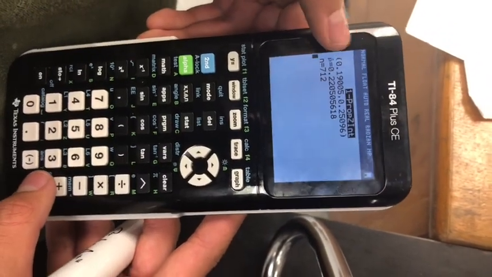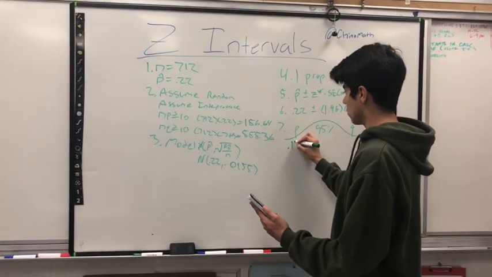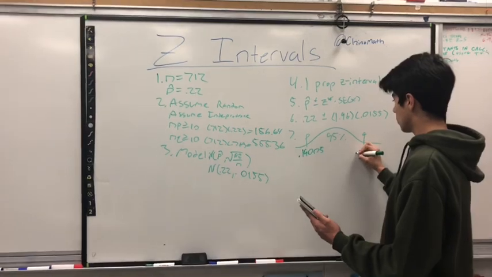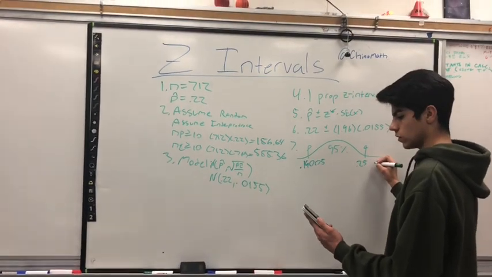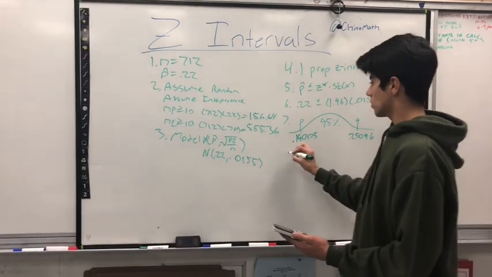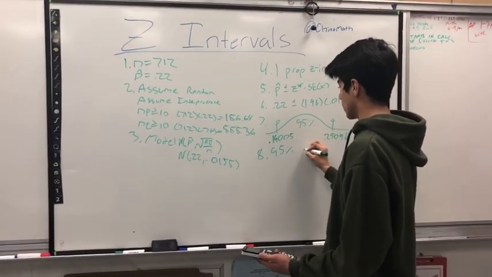Calculate, and it's giving me my bounds: 0.19005 and 0.25096. So for step 8, I'm just going to write 95% confident